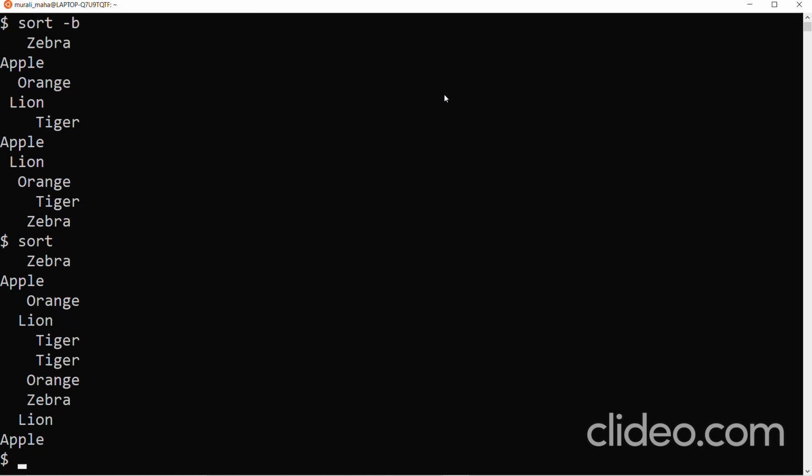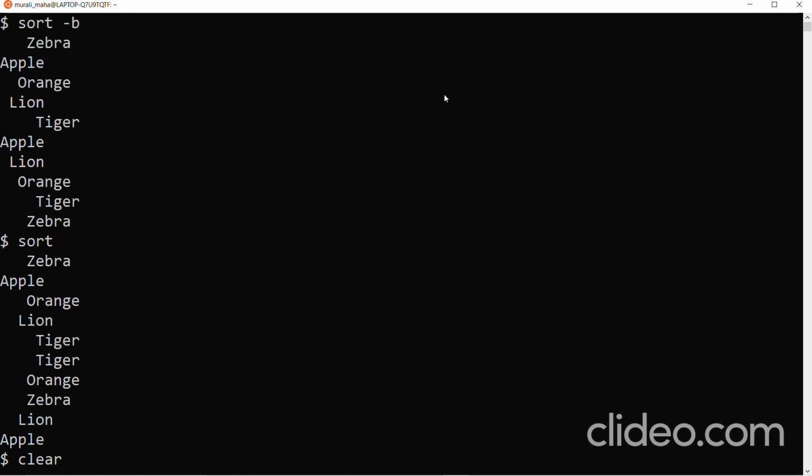It is considering the spaces also, and based on that it shows the sorted output. Apple is coming last because it does not have any leading spaces. The leading spaces' ASCII value would be considered, which is lesser than the ASCII value of the letters. That is the reason we are getting an output like this. So if you want to ignore the leading spaces, you can give the -b option.